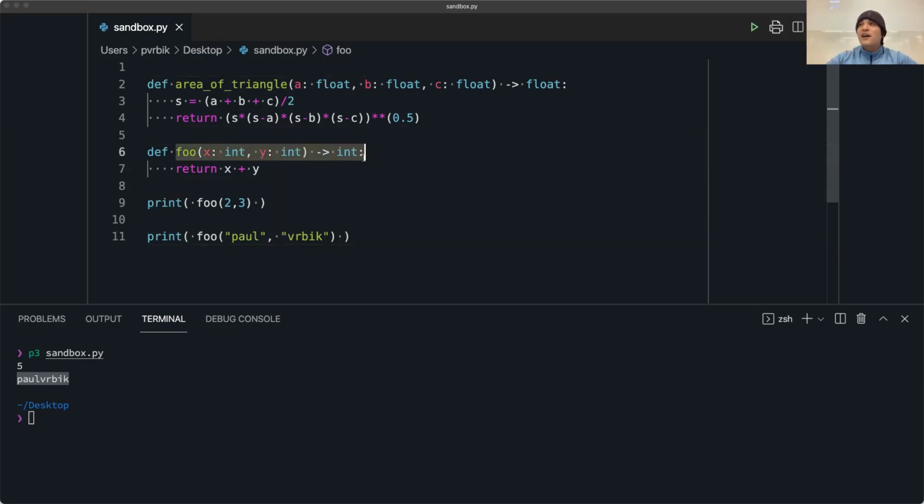And this is one of the philosophies of Python, that it's user trusting. So we have these things called contracts. This is called a type signature, but another way of calling it is a contract. So this is the contract between me and you, the person who's using this. And I'm saying, user of foo, I expect that you're going to give me 2 inputs. Both of them are an integer, and I'll give you back an integer. If you don't give me 2 integers as input, you have violated the contract you have with me, and now you have no assurances that this function is going to work.